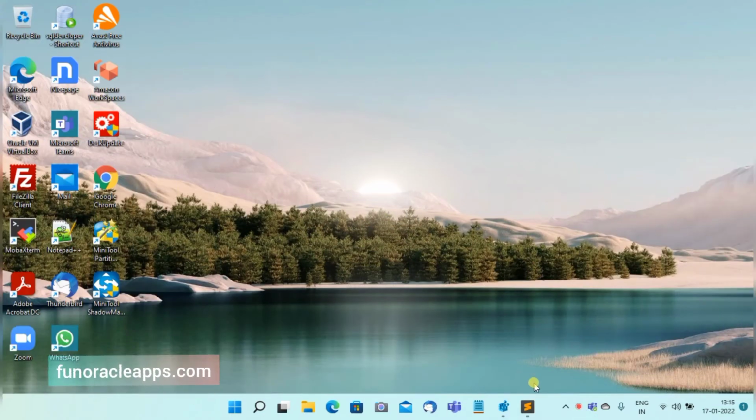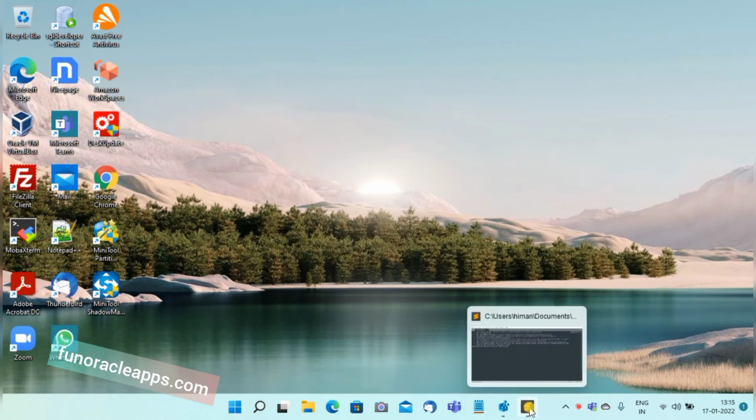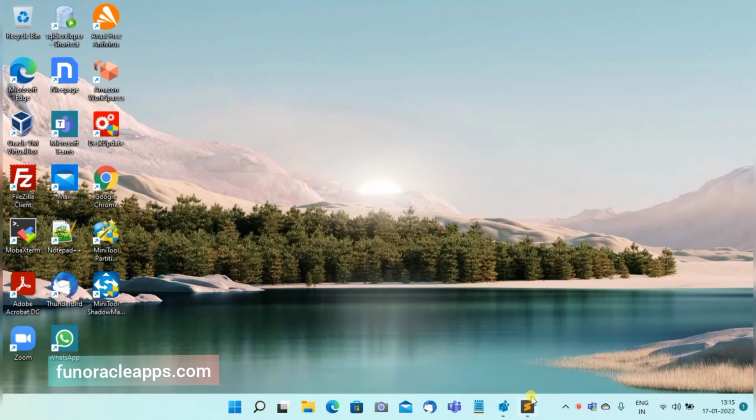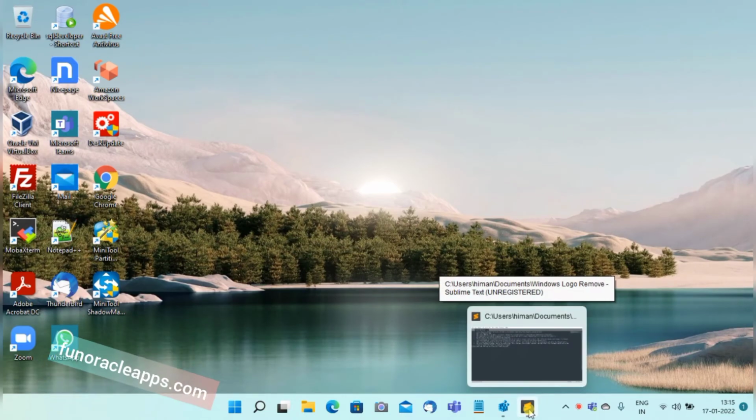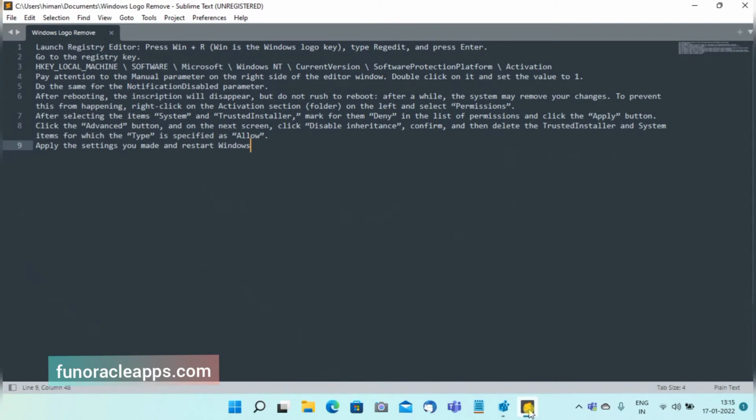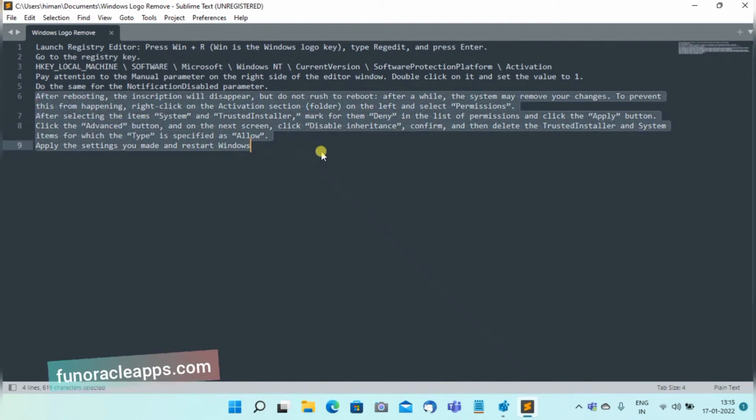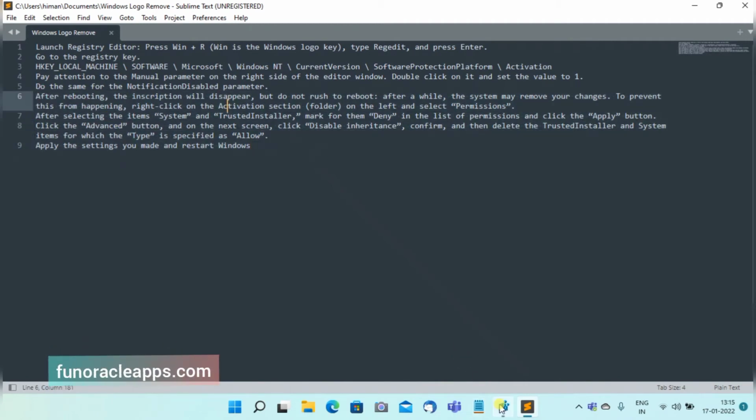So now once we restart, we can see this watermark of Activate Windows is gone. But remember, this will come up after some time. Once you update Windows, this will be back. Okay, so for temporary purposes, we can do the steps we have done till now. But let's say if you want to make sure that it doesn't change, we have to perform the other steps that are mentioned here.